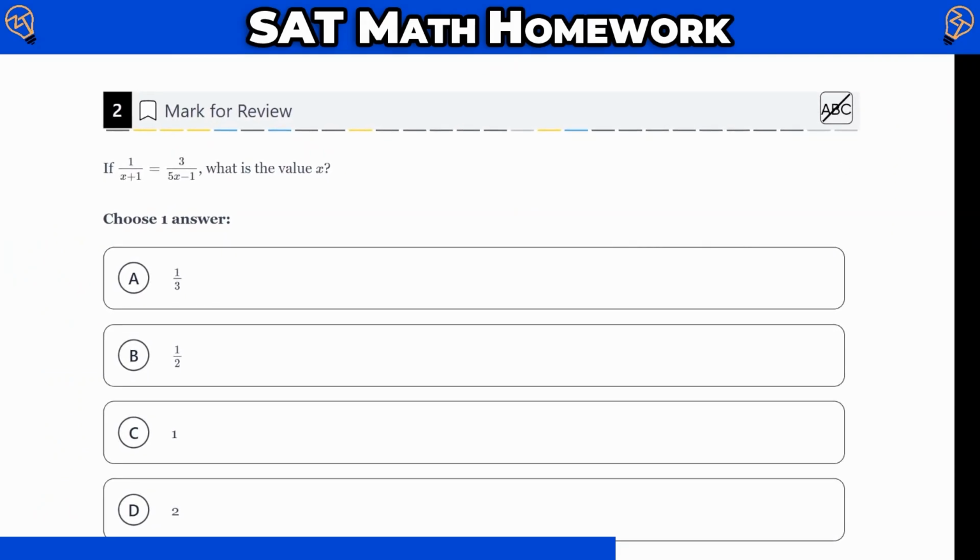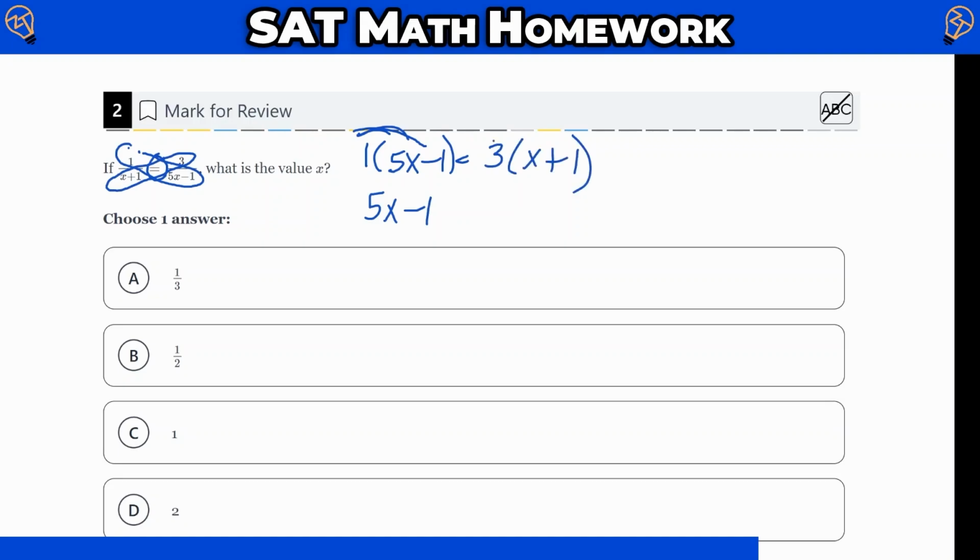But for some of you, I know that you're concerned about knowing how to do the math for your own math class. And so if you're one of those students, let's go ahead and continue. Whenever I have two fractions set equal to each other, we call that a proportion, and I can cross multiply. So 1 times 5x minus 1 is obviously just going to continue to be the 5x minus 1. And then on the other cross product, I have 3 times x plus 1,